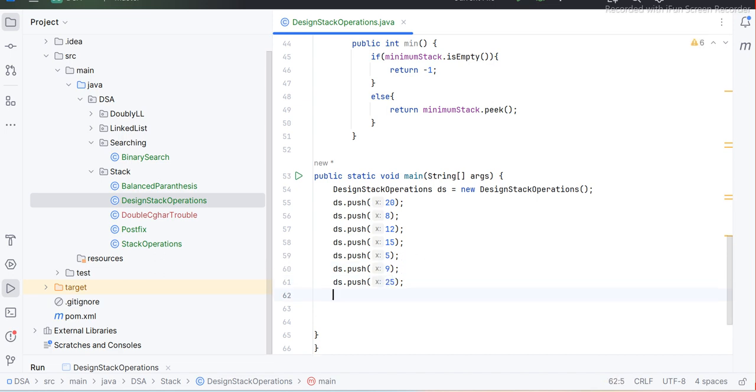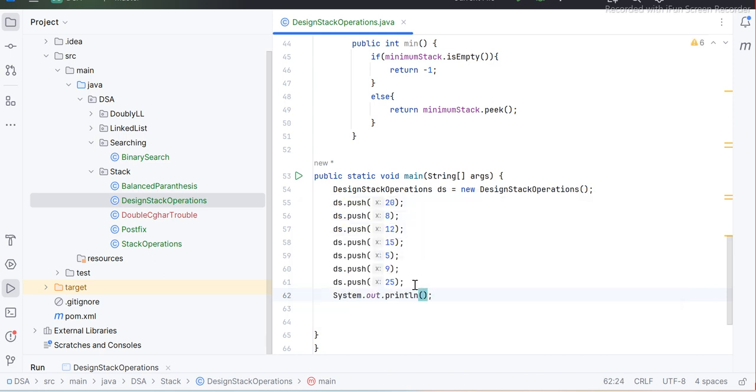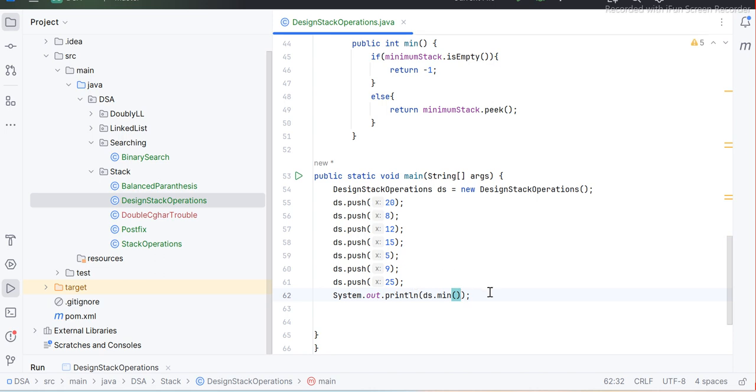Now, what I'm going to do, I'm interested to know the minimum element. In this case, we will try to dry run. Okay. So this is the last thing. Let me actually try to print this. So ds dot minimum is a function. What I should be getting here in this case,